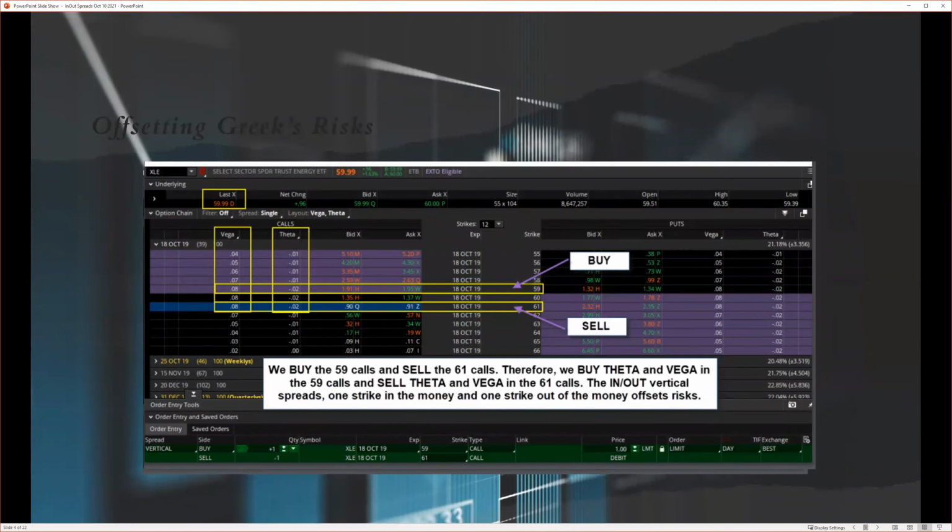So what is low risk and what is so important? Because what we're doing is we're offsetting the Greeks' risk, right? In this case,